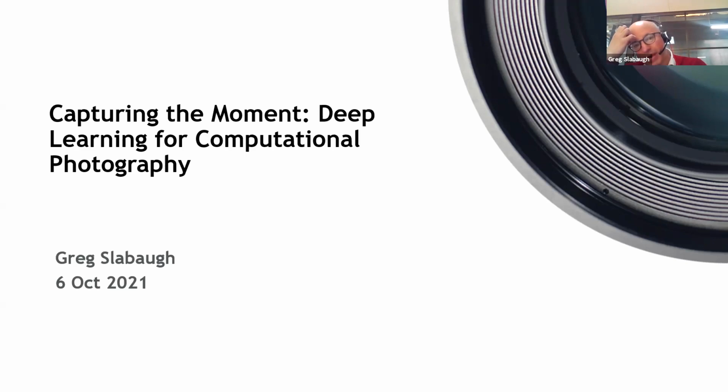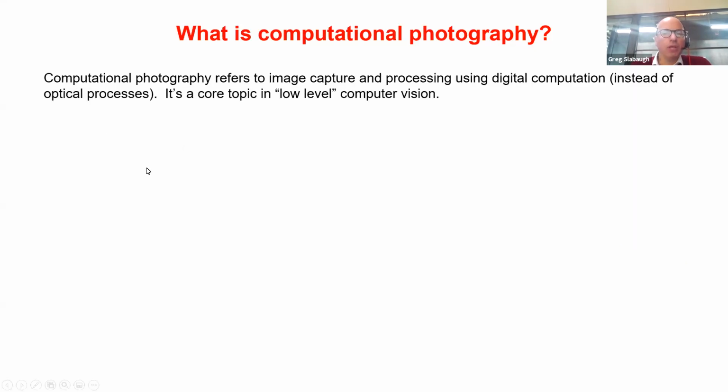So this talk is about deep learning for computational photography. And it's actually work that comes from my time at Huawei. Before I was at Queen Mary, I worked at Huawei for 3 years, and we were trying to develop algorithms that ran on the smartphone, which enhanced the image quality. I'm going to draw from some of that work and the work that has continued since I've left Huawei.